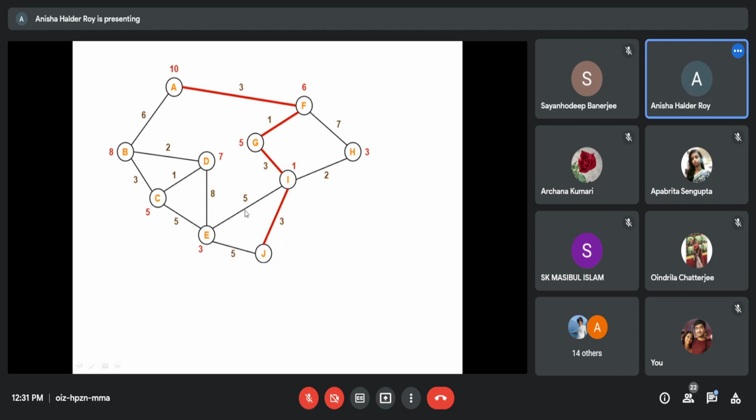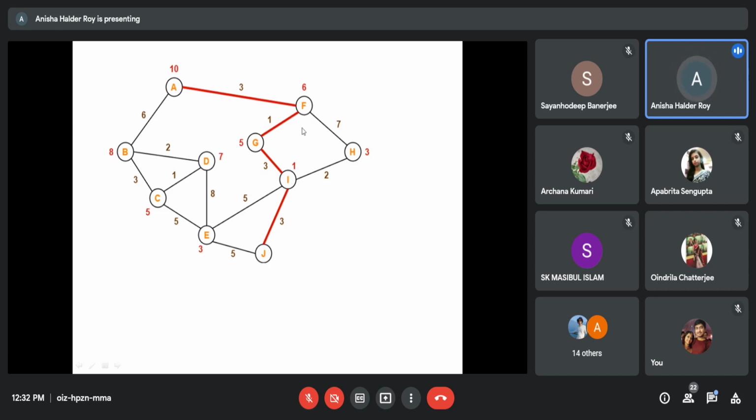H, E and J. So the paths are AFGIE, AFGIJ, AFGIH. So you are reaching J from here. Okay? The goal state is J. You will get the exact path from here.